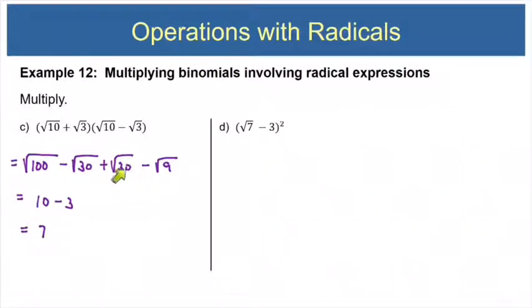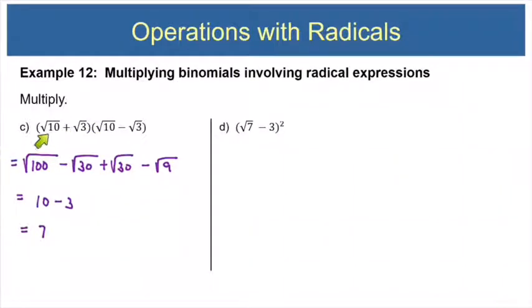Now, was there an easier way than writing out all of this? I think the answer is yes. So let's go back and talk about this. The first thing I would want you to notice when you look at a problem like this is that we have a sum and a difference of the same two terms. So we know in advance that the middle term is going to add up to 0. The second thing I want you to notice is that when you multiply a radical times itself, you pretty much just remove the radical. So if we go through this and use the FOIL method and remember that the outer